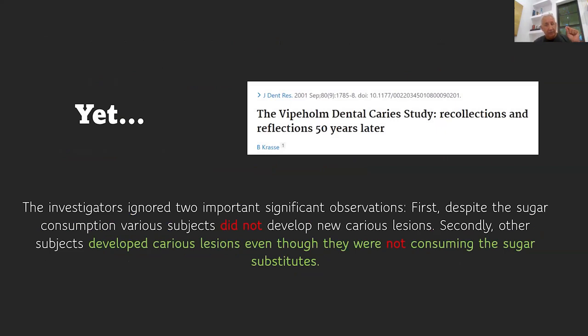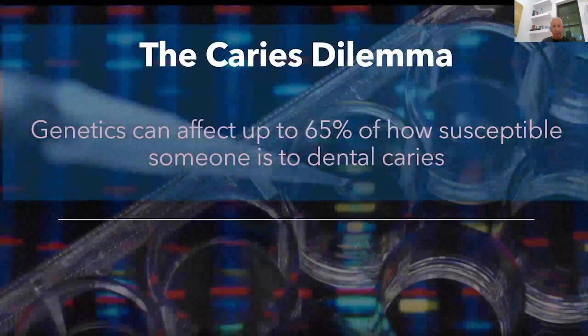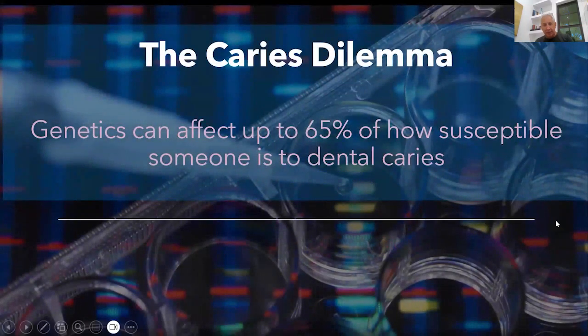Secondly, the secondary subjects developed carious lesions, even though they were not consuming sugar substitutes, and they got cavities. So it wasn't all directly attributable to sugar. So when we're talking about the caries dilemma,